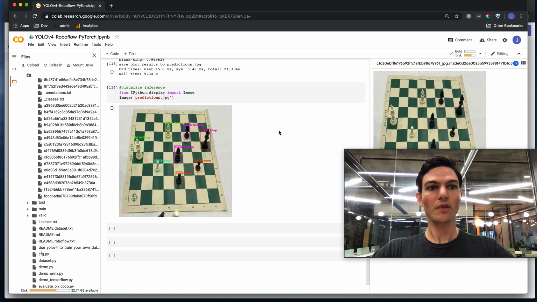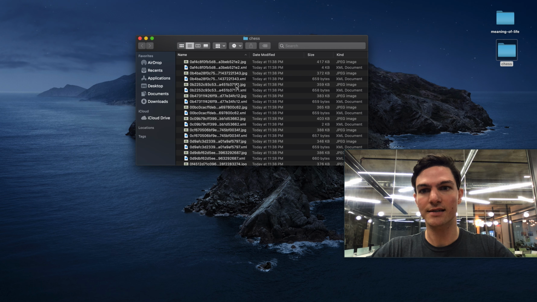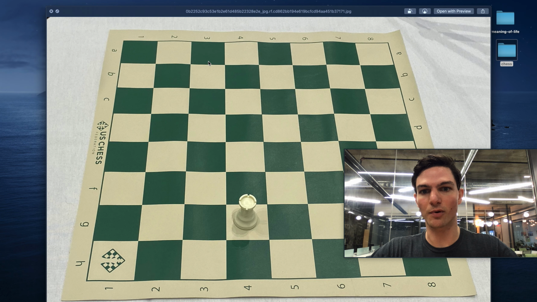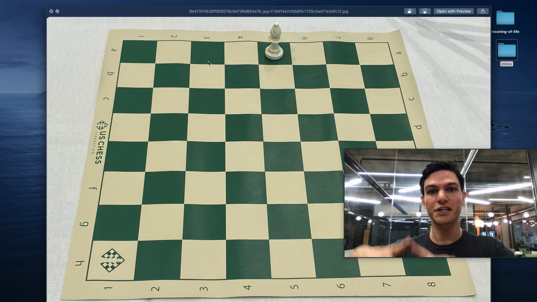Now, for my example, my dataset is totally and freely available, and I'll show you where to find it. But let me first show you what's in our dataset. Okay, so inside my dataset here, I have a bunch of chess images. So it's just chess pieces on a chessboard in various different positions. I also happen to have my images already annotated with bounding boxes, defining where on the chessboard each of these